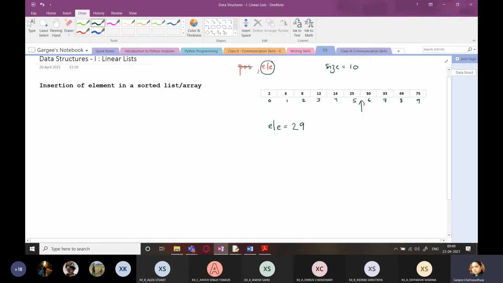Now to do this, we need to shift all the elements. That is, those elements which are lying towards the right hand side, that is starting from 6, 7 onwards, they have to be shifted by one position towards the right side, like this, so that we have one space empty. The earlier seventh position, that is sixth index, that will be occupied by 29, and all the other elements will be shifted that side, right?